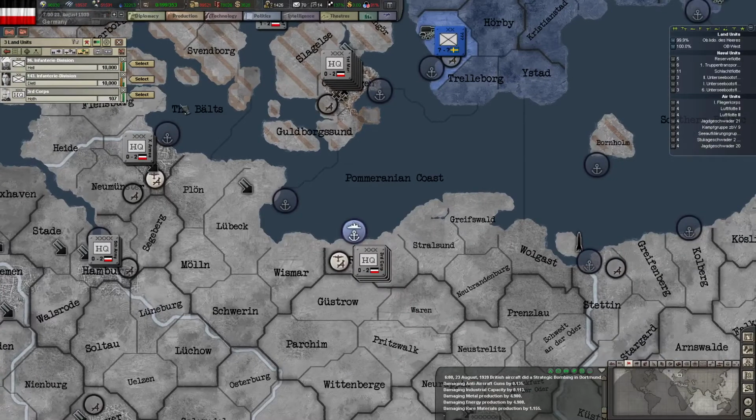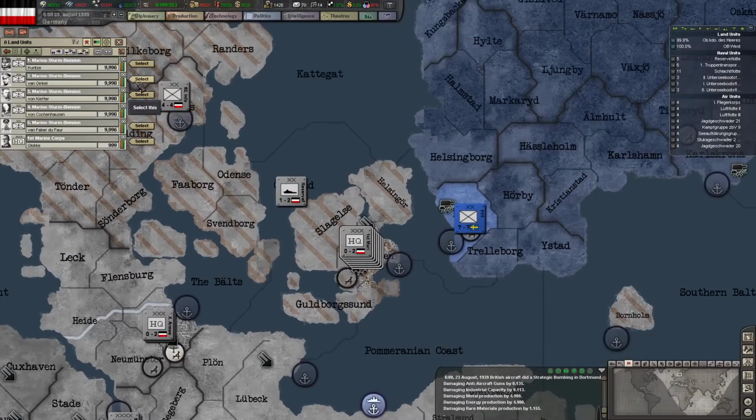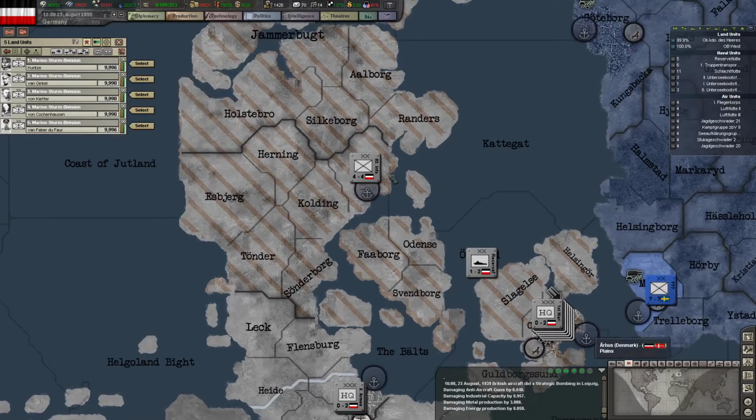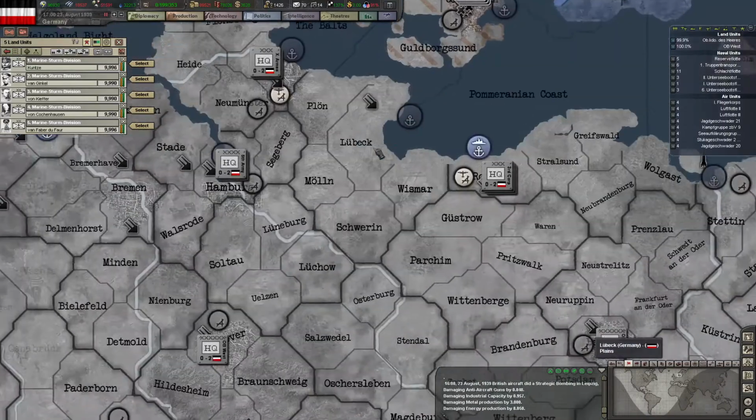Right, so how are we doing over here? Not too bad. We got the troops over here, so can these now all move accordingly? Yes, they can. Okay, so the transporting actually fixed them. Good, because it was getting really annoying. Oh, and Leipzig is now being